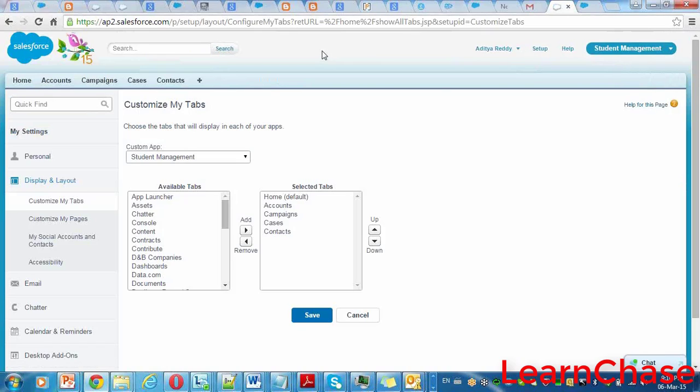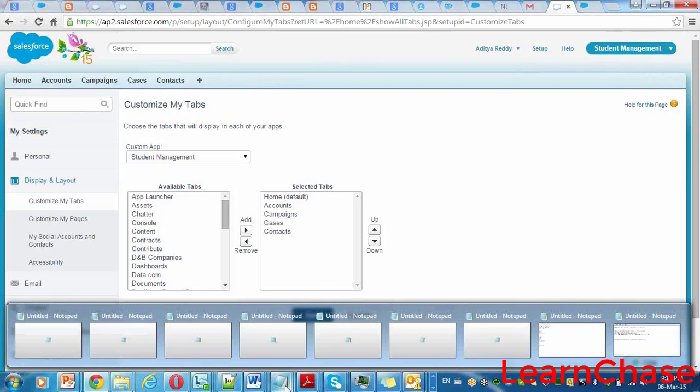Now we are going to create an object. Then we will create a tab. First we need an object for creating a tab, that's why I'm going to create the object. First, what is meant by object? Do you have any idea what is meant by object?